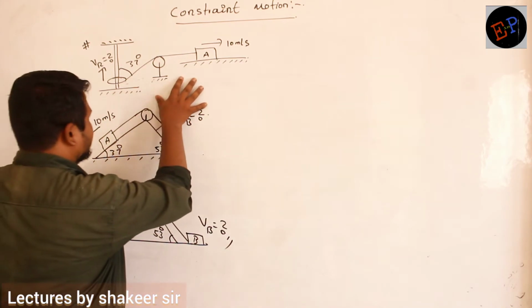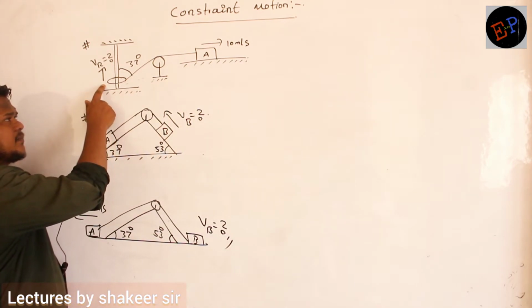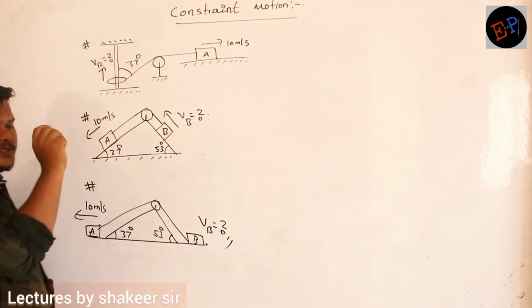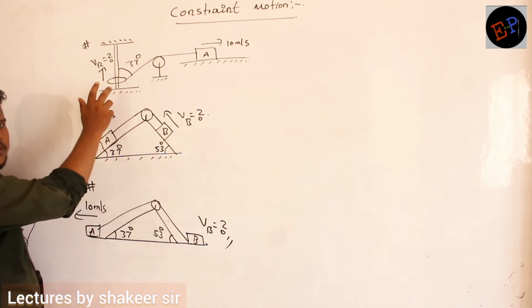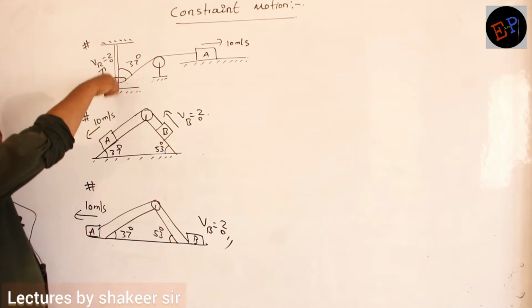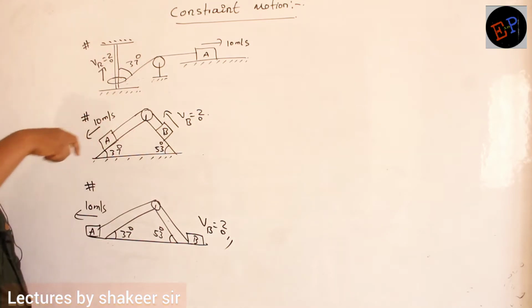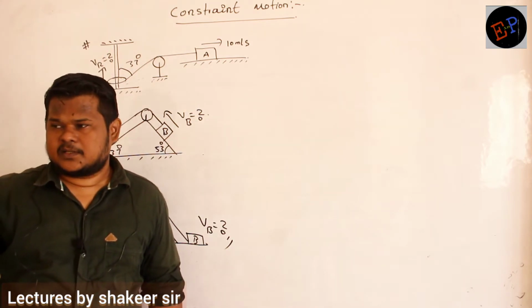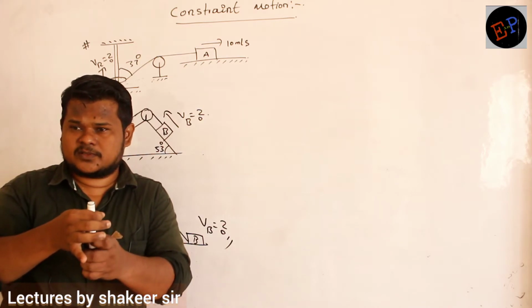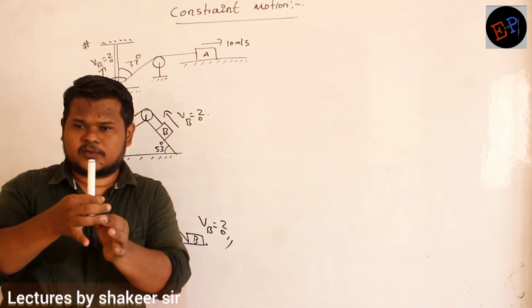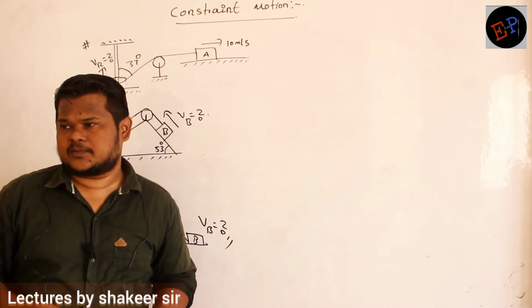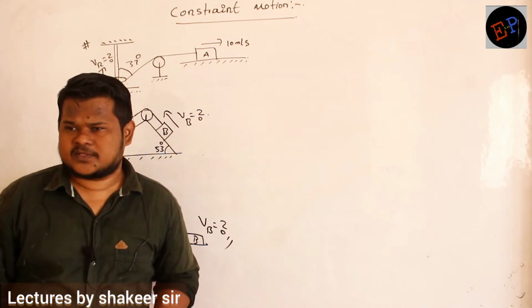So here, this is a ring. Inside the ring, a rod is present. It means the ring can be movable. Either it can move in the upwards direction or the downwards direction. Ring can move only in the vertical direction. Because inside the ring, a rod is present, you know. Either it can move like this or downwards only. Because it is also a type of constraint motion.